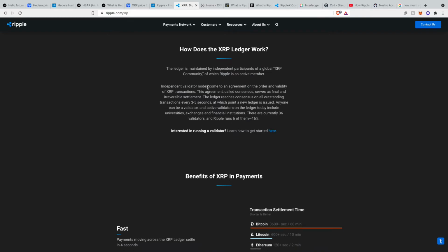Independent validator nodes, so just independent, say, companies or organizations or institutions that run this computer program, which makes them a validator of transactions going through on the network. So independent validator nodes come to an agreement on the order and validity of XRP transactions. This agreement, called consensus, serves as final and irreversible settlement. The ledger reaches consensus on all outstanding transactions every 3 to 5 seconds, at which point a new ledger is issued. Anyone can be a validator, and active validators on the ledger today include exchanges,